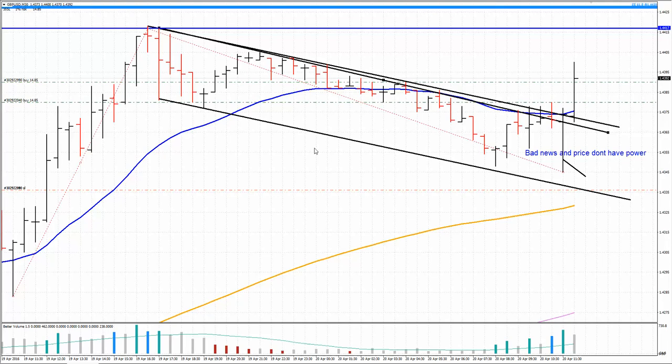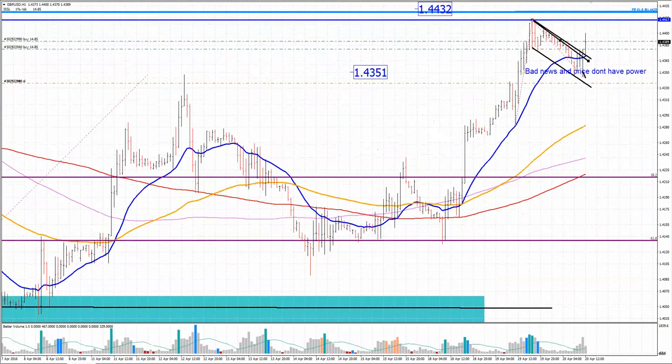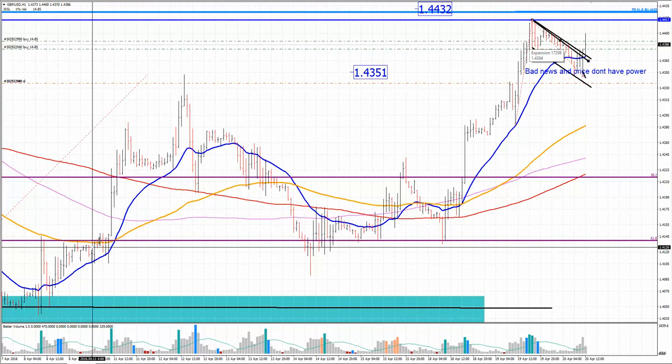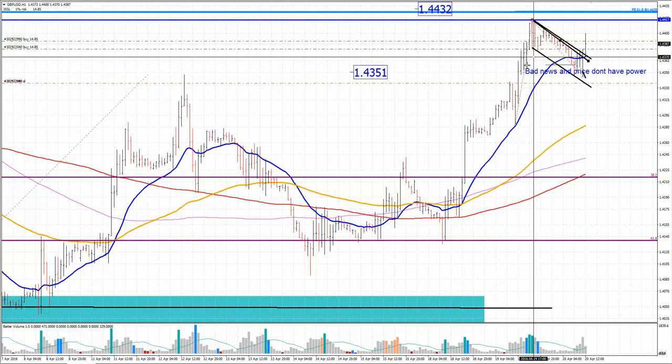I think today the GBP is so far the most attractive currency to trade. Why? Because first of all, if we observe GBP, I found a very strong upward trend, the short-term intermediate trend. Even if I have the moving averages, the best measure to see the trend is that we have higher swing lows, higher swing low, higher swing low. So you have a series of higher swing lows here, and that's for me a very strong sign of